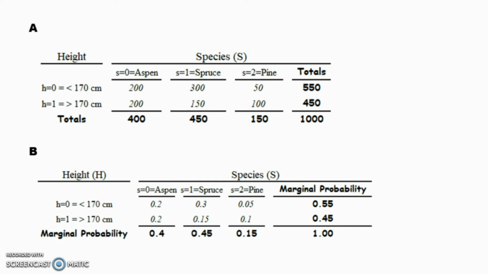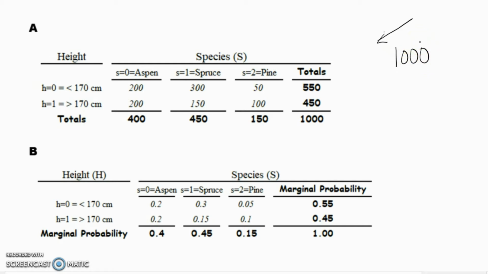The topic of this video is joint and marginal probability distributions. And as I go through it, there's going to be a lot of notation. But see if you could focus on the big picture and not get too tripped up by all of the notation. So we're going to begin with this table here, which is some data on 1,000 trees that were cross-categorized